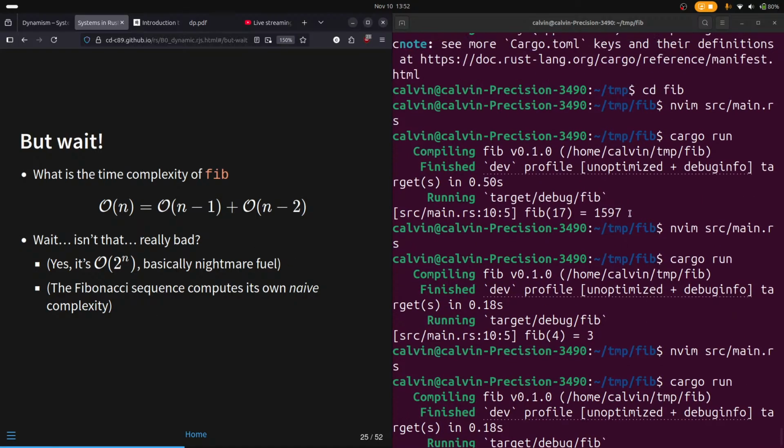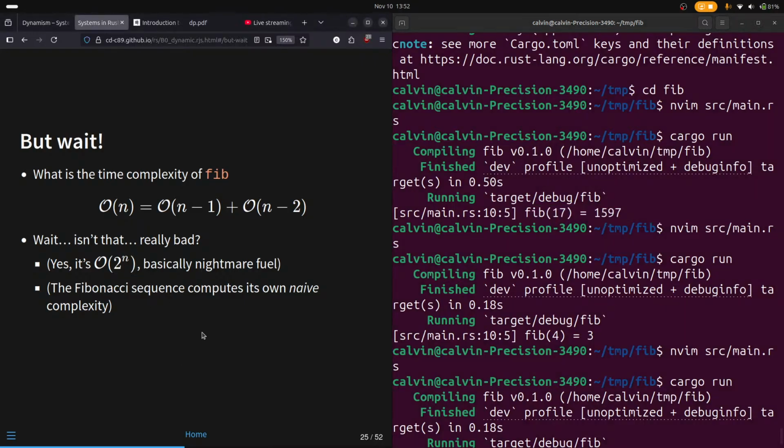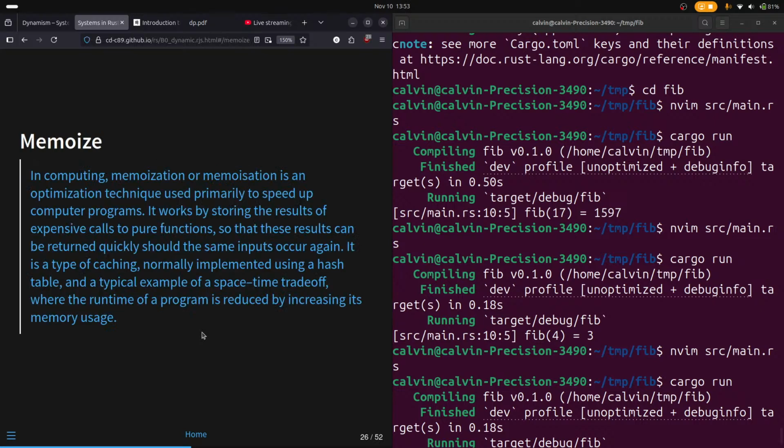Remember this one? That's really bad. You do not want to have 16,000 of anything when you're calculating the 17th value, right? It's basically O of 2^n. It is much smaller than 2 to the n, but it increases at an exponential rate. So what are we going to do? No problem. We're going to use